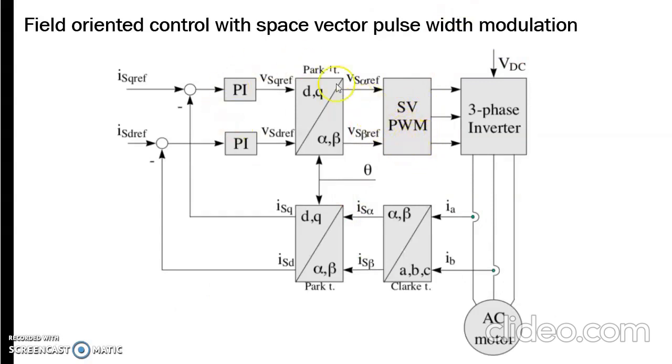Earlier we showed a block diagram. The same block diagram here, where we used a PWM only. Now we can use a space vector PWM technique here. Then it is known as field oriented control with space vector pulse width modulation. The same thing, ABC currents are sensed. It is converted into alpha beta, then DQ. You will get IQ and ID, and this is compared with the IQ reference, that is for